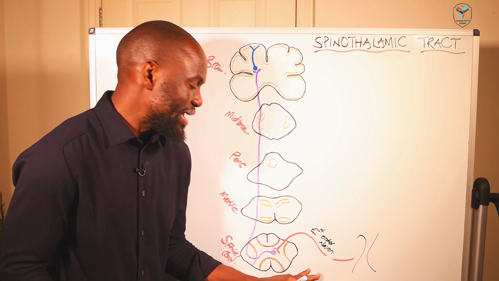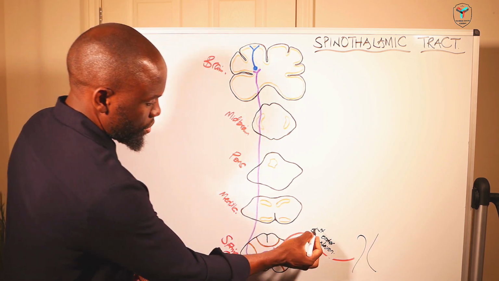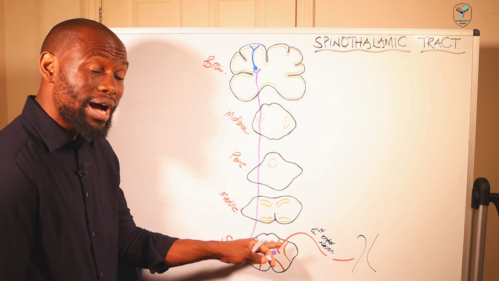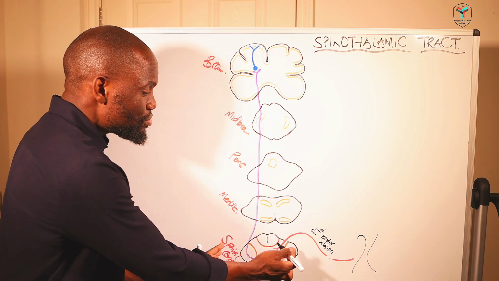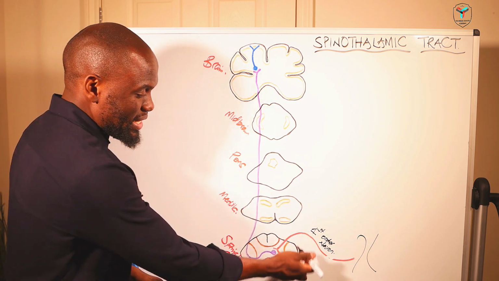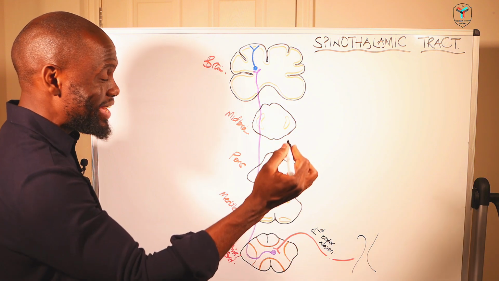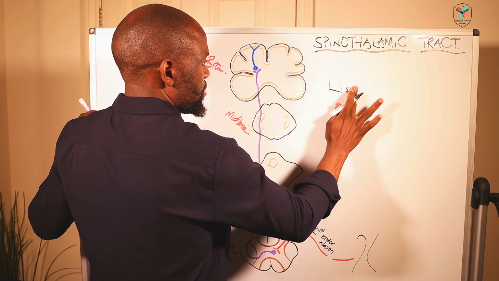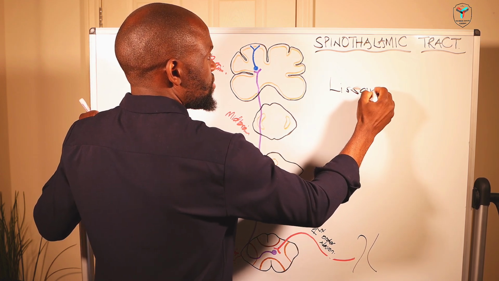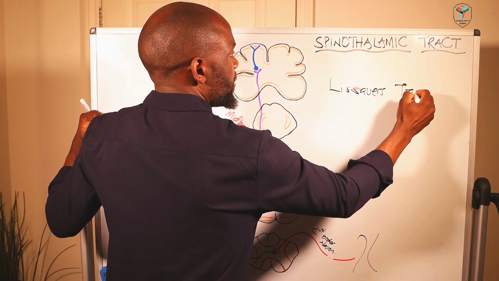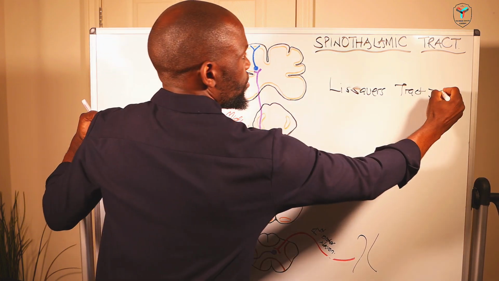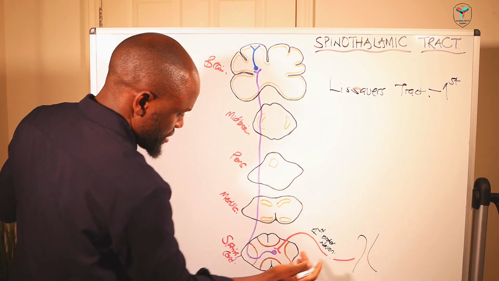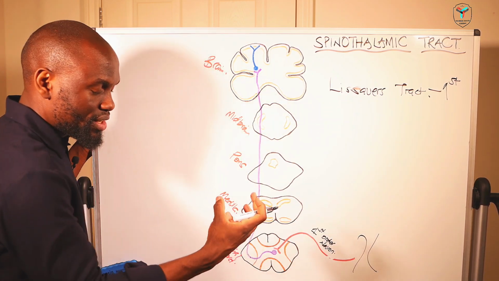Okay, so these usually are pseudo-unipolar neurons. So when we have a first order neuron, what is then going to happen is this first order neuron will come and enter the spinal cord through the dorsal root. Now, when it enters through the dorsal root, it enters through a tract that we call the Lissauer's. So that's double S here, Lissauer's tract. Okay, so this is for the first order neurons. So they will enter and form that tract, which is the Lissauer's tract,